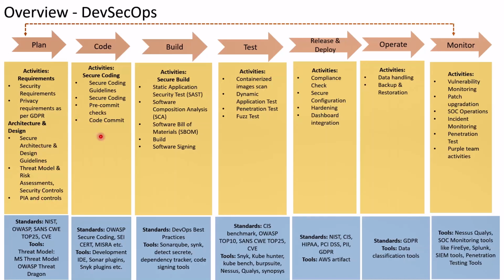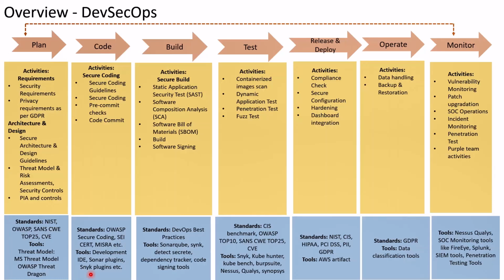Okay, once we come to the coding phase, here you can see the activities list like secure coding guidelines, secure coding, pre-commit checks, code commit. These activities we need to incorporate as part of our coding phase. And the standards we need to follow are OWASP secure coding, CSET, Mishra, and the tools we need to use are the development IDE, Sonar plugins, Snyk plugins, other plugins also we can use and incorporate as part of